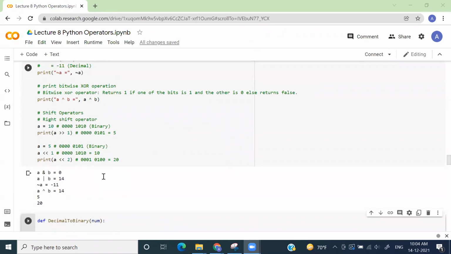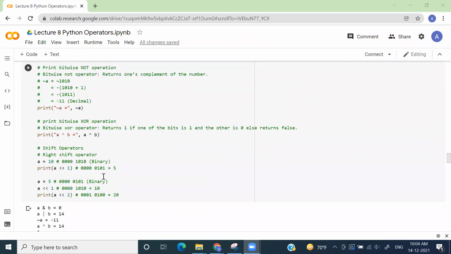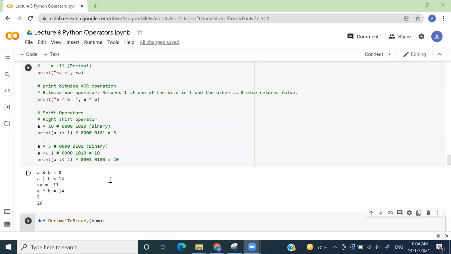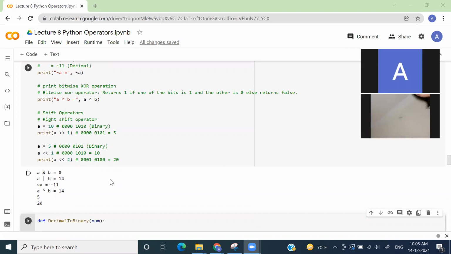So let's start in which particular scenario this bitwise operator is useful. Honestly, bitwise operator is not very much usable in real life scenario unless you are a student of digital electronics or you are having some projects on the digital electronics side, because those are the people who mainly work with digital data, right? When I say digital data, it means streams of zeros and ones. Okay.